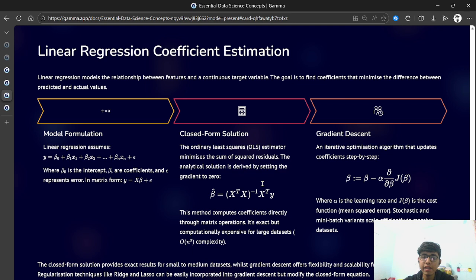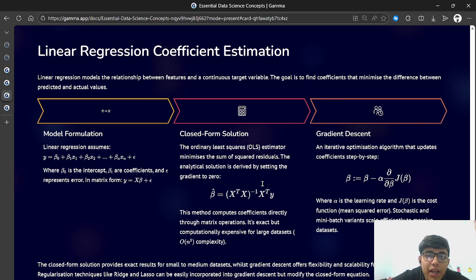And thus gradient descent is especially powerful to train our linear regression models because it is effective for very large data sets. It integrates naturally with regularization methods such as ridge and lasso. It provides the extension to complex models beyond linear regression. So we also know that regression and its impacts are like